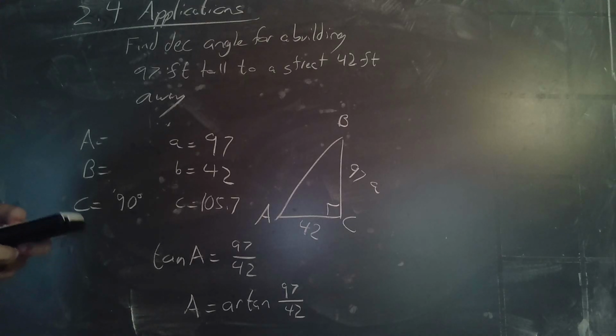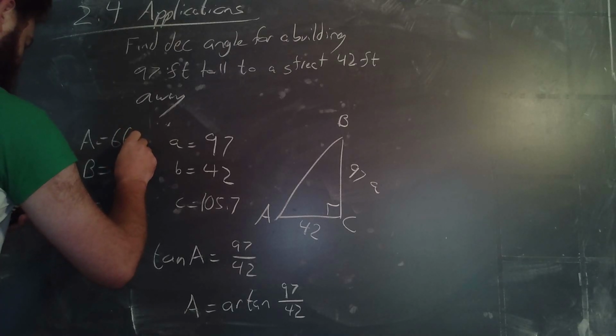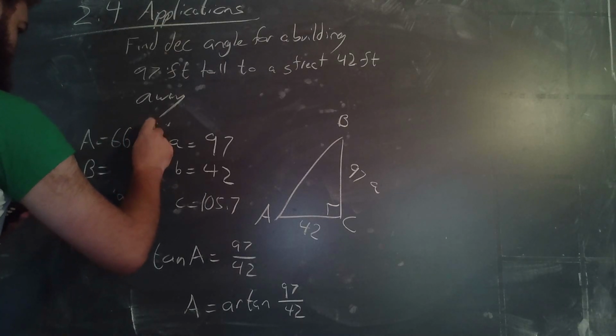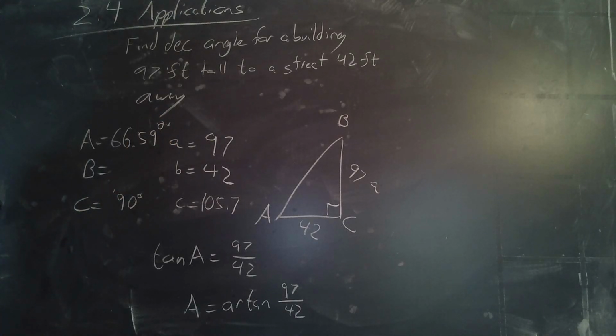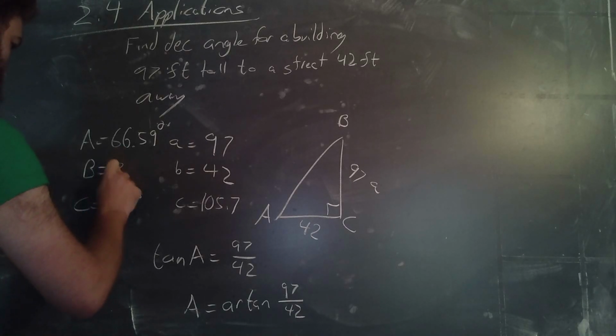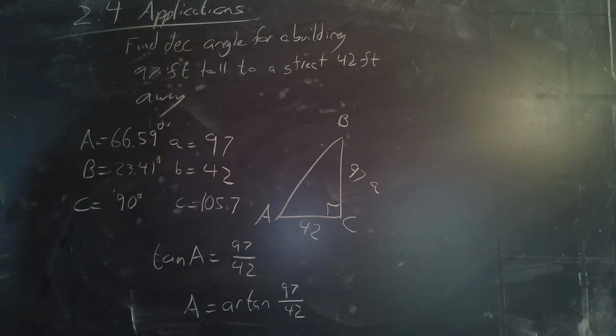And it gives us a degree measurement for A, which is 66.59 degrees. Next, we can take the complement, recognizing that this is a right triangle, to find B. That gives us 23.41 degrees. And now we can actually look at the problem and decide what it is that they were asking